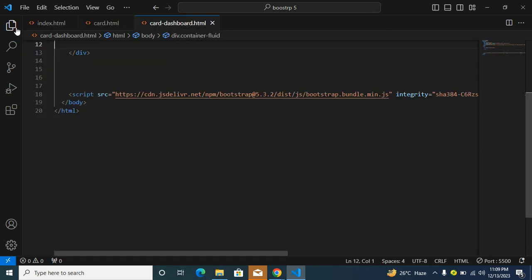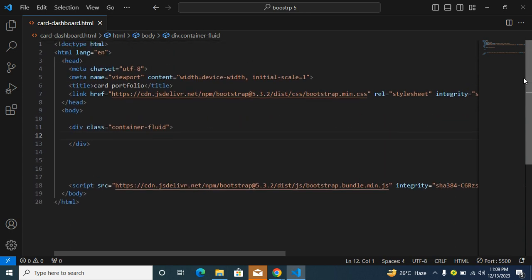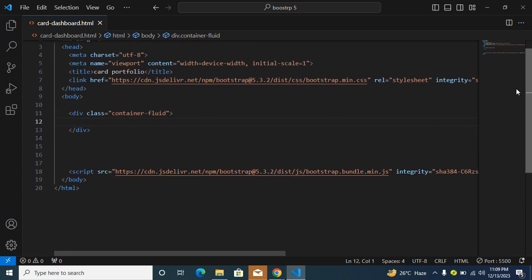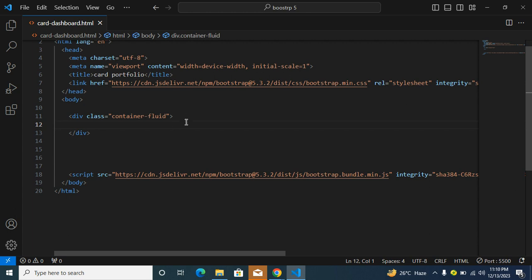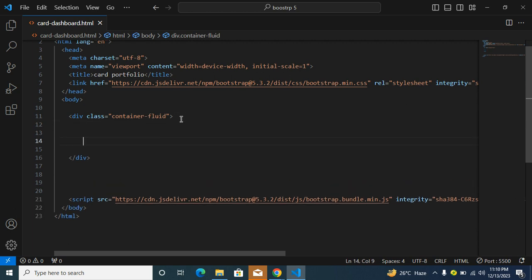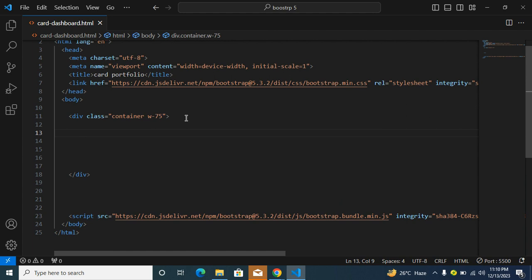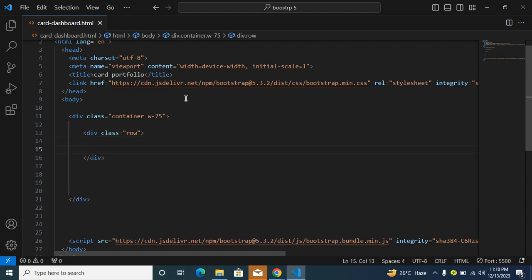Let's close this and this as well. I'm using a container. The width will be like 75. Yeah, I'm going to have a row, and in this row I'm going to have a column,